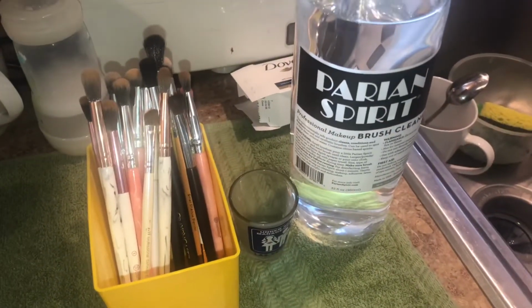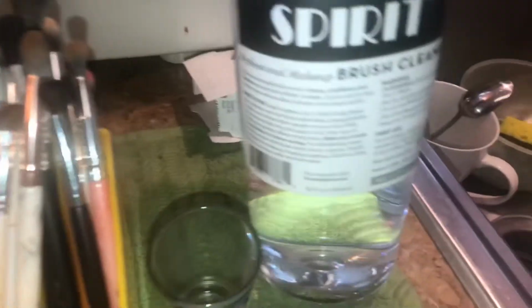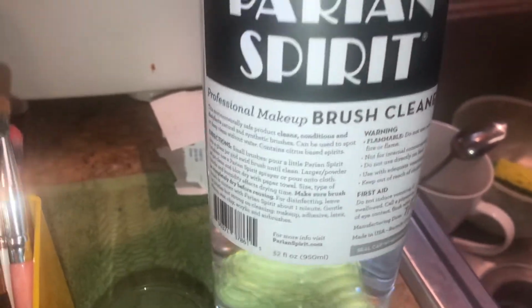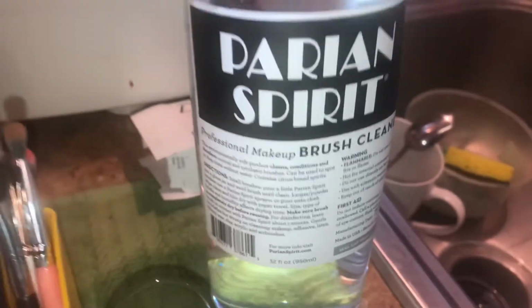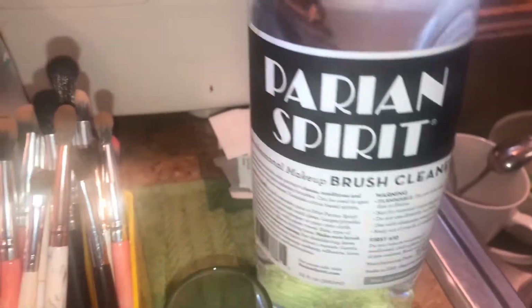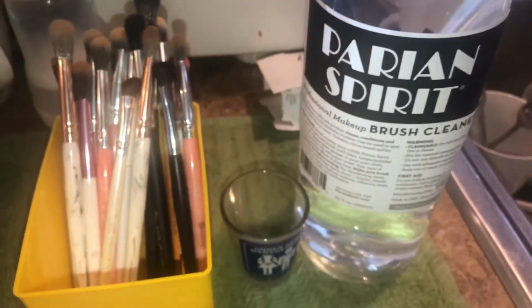All right, ladies, so I already showed you how to deep clean your brushes, but now I'm gonna show you a way to clean your brushes very, very fast. And this goes to most of my freelance makeup artists. You need this every time you do makeup for somebody. You have to clean them with professional makeup brush cleaner. You could buy this one, or my favorite one is the Cinema Secrets one,